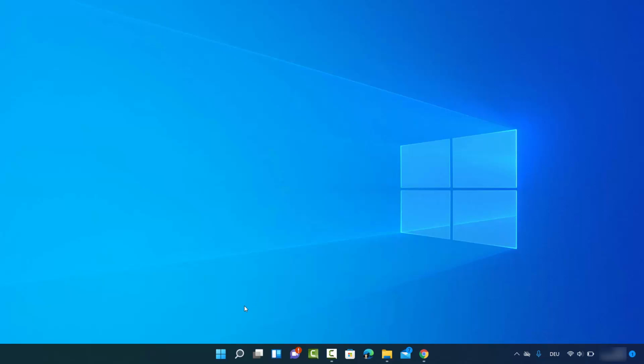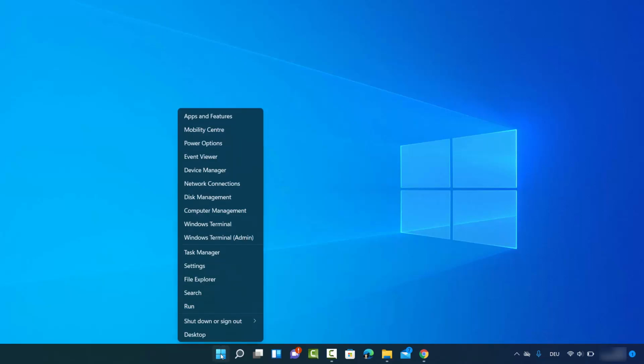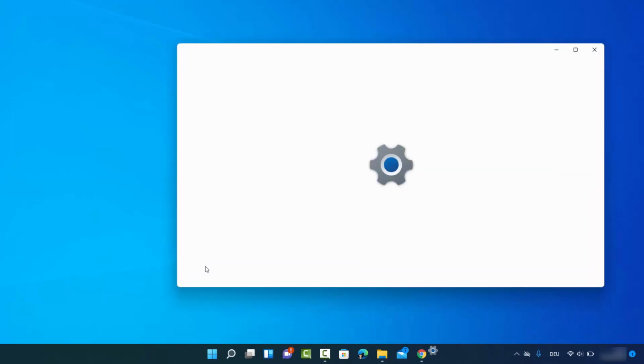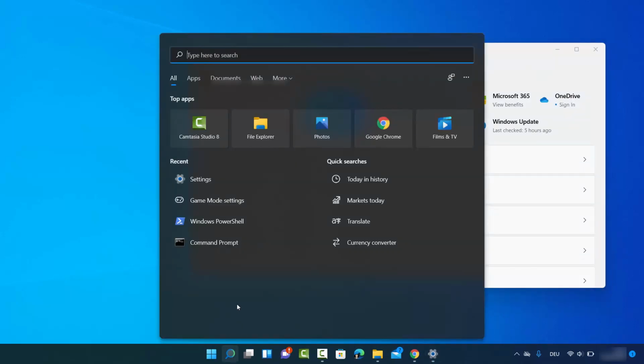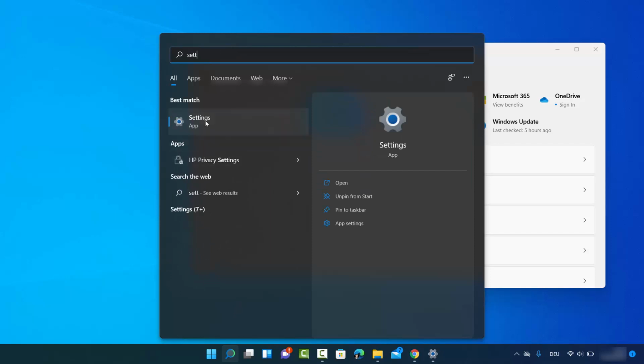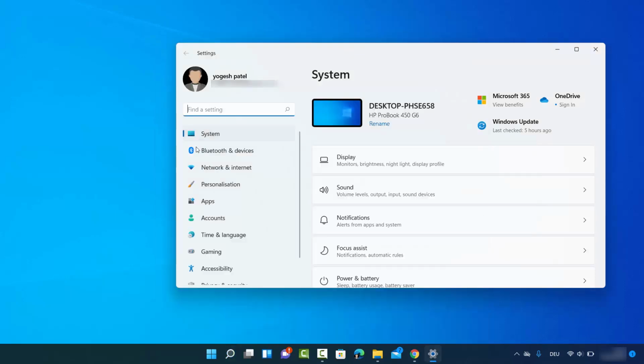The Settings app you can open in a few different ways. The first way is just right clicking on your Windows start icon and then you will be able to see the Settings option here. So just click on Settings here. Otherwise, you can just search for the Settings app here and then click on Settings, and it's also going to open